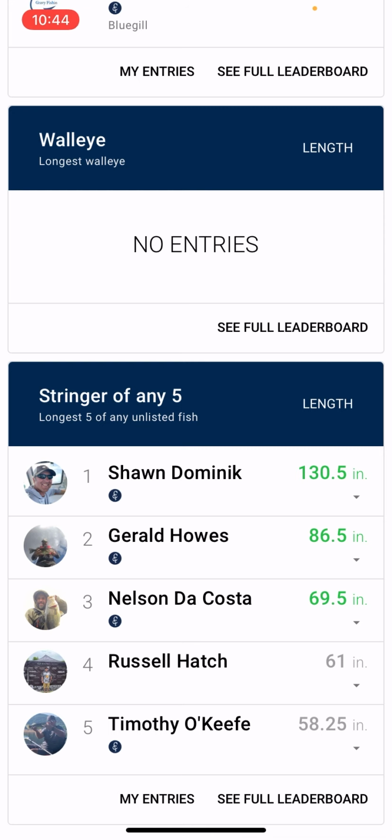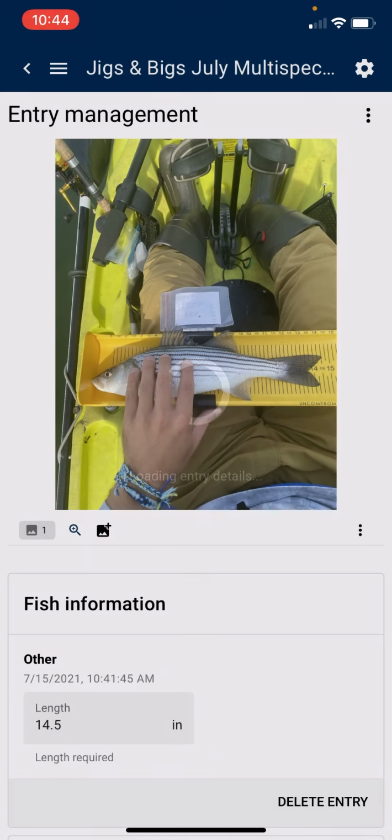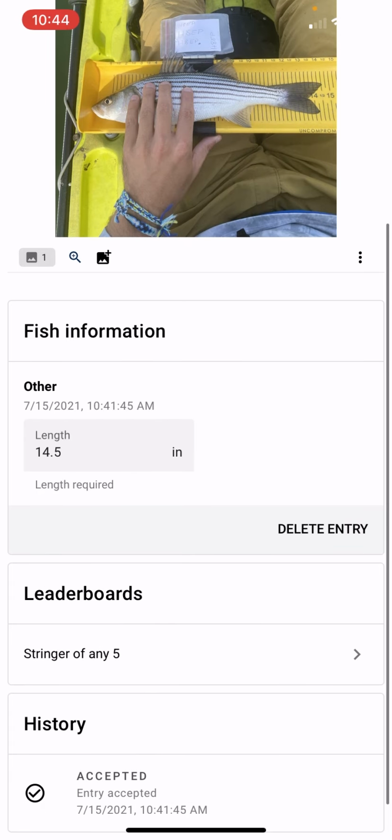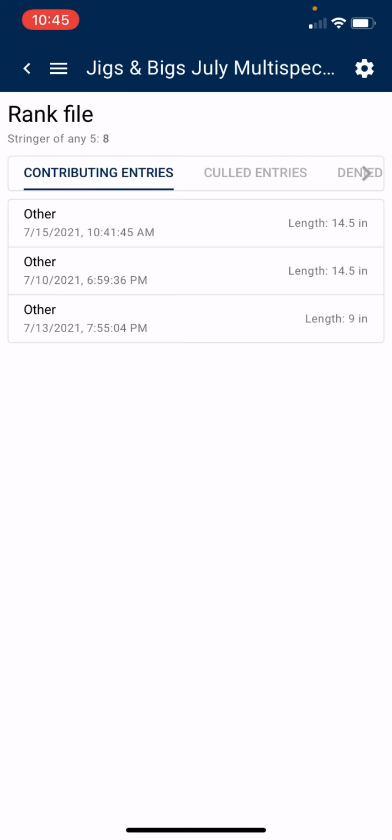If we go into my entries here, we'll see that I have a couple in here already. And we'll click on the recent one that we just did. So now we go in here and you see that there's my picture of that striper. We've got the length. It's been submitted to the NE5, and it's been accepted as an early acceptance. So now if we close out of the app really quick,